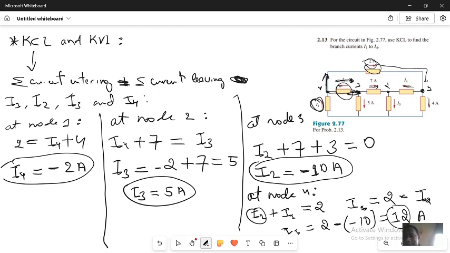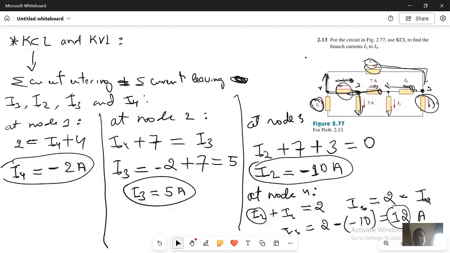This 10, 3 will come in this direction, the 7 come in this direction. Then we have I3, 5 in this direction, and I4, 2 in this direction. This 2 is entering, these 2 also entering, 2 plus 2 is going to be 4. That means we solved this